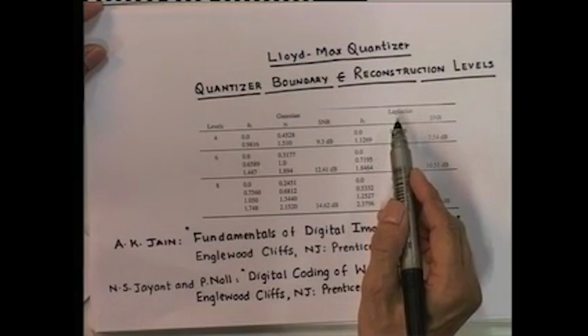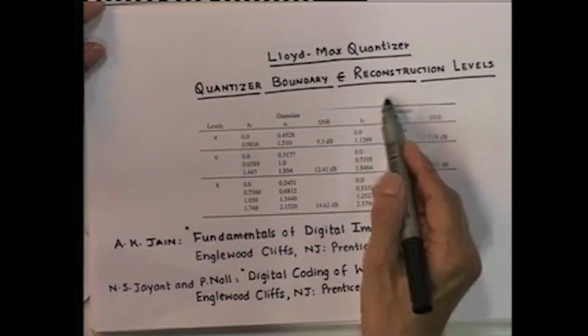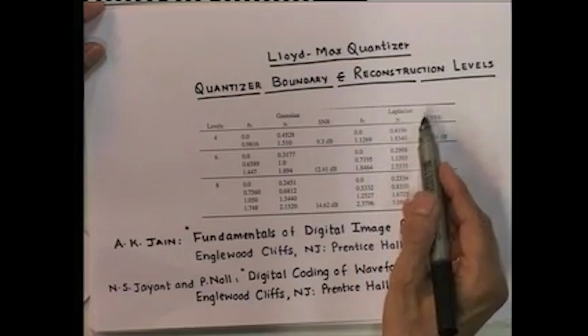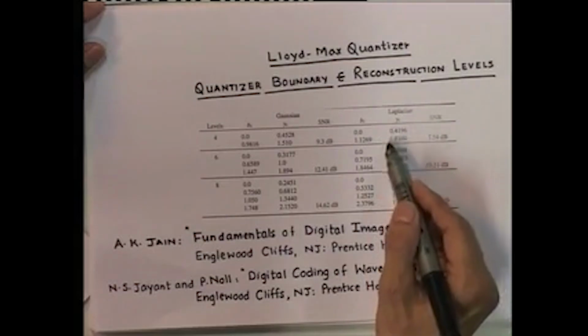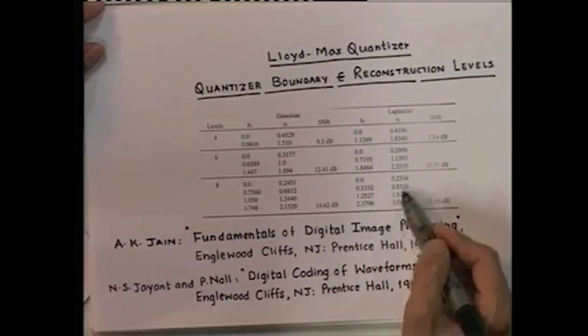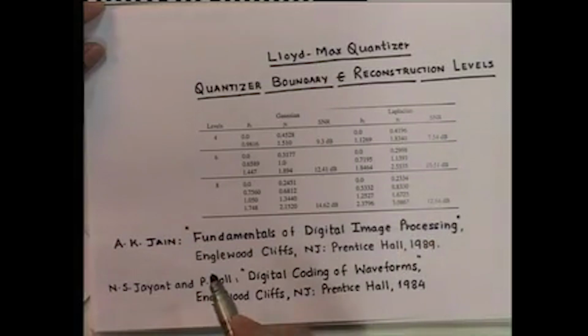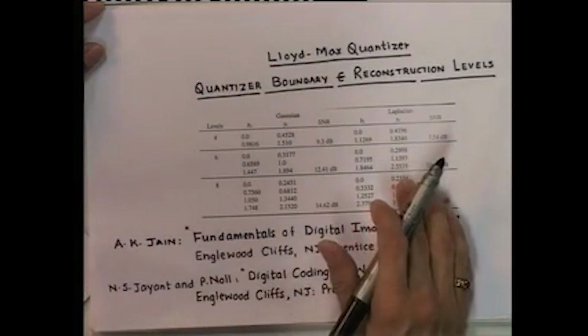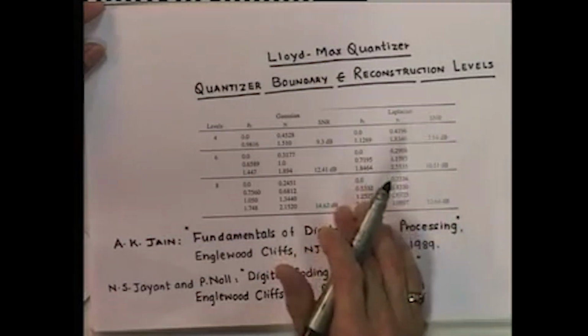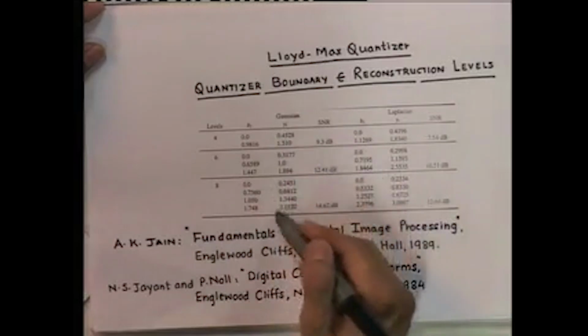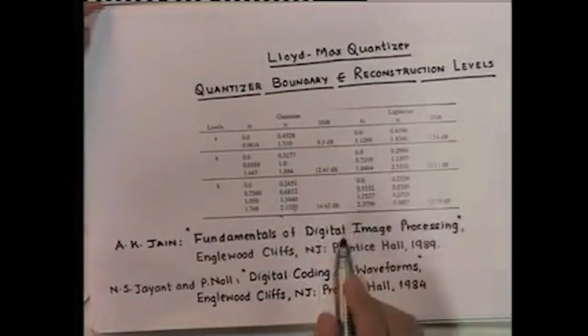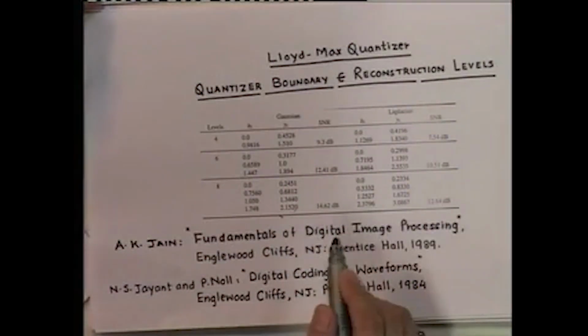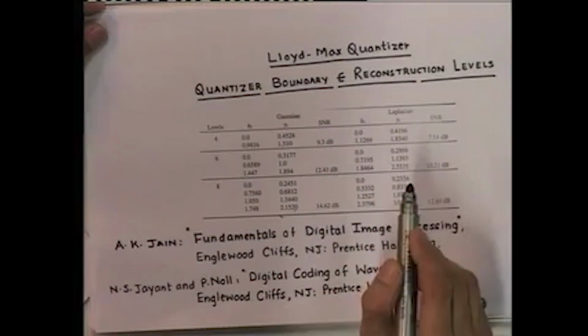Notice that the input distributions that have heavier tails also have larger outer step sizes. However, these same quantizers have smaller inner step sizes because they are more heavily peaked. The SNR